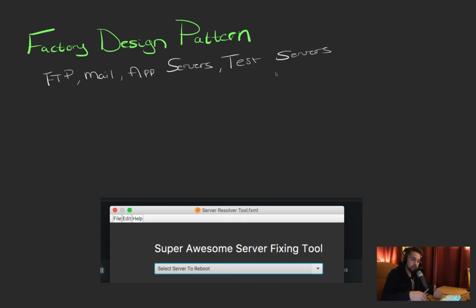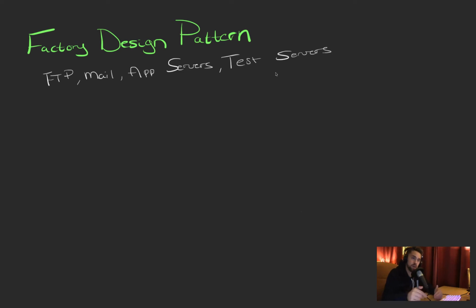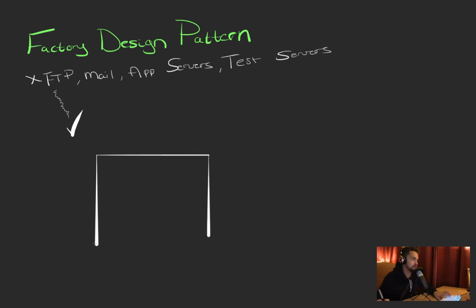What it does is go through a bunch of different server-specific algorithms to resolve the issue. So if the FTP server goes down, we can select FTP and just resolve it, and it'll run through a bunch of computations and algorithms, and then everything will be fine and dandy. That's the dreamlike application that we will develop today using the factory method. We have this main class, which will be the main entry point of our program, and we'll just call it